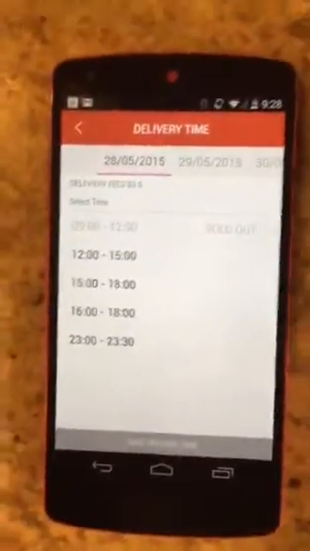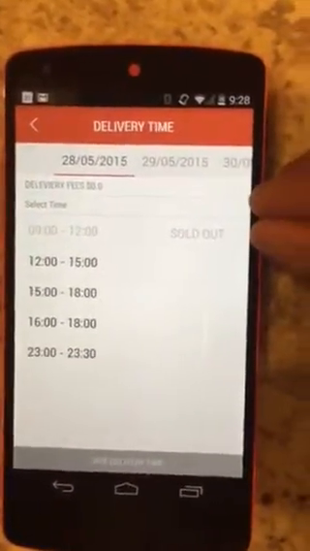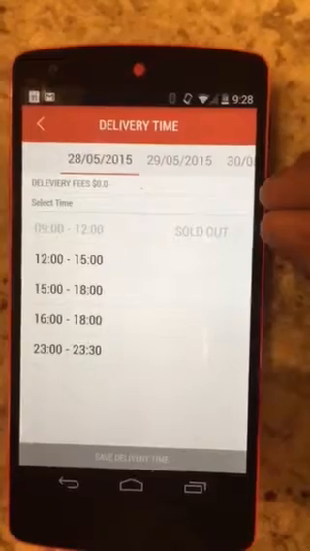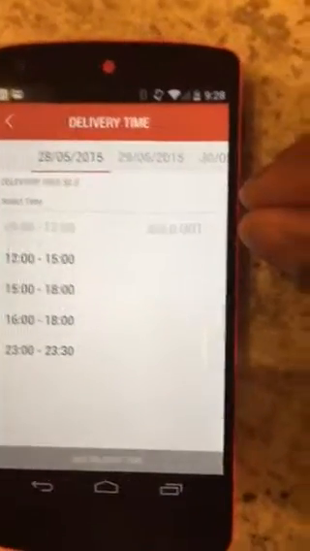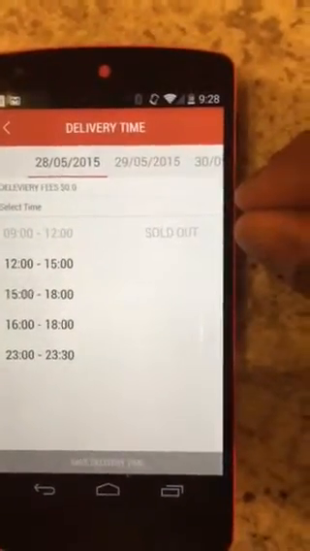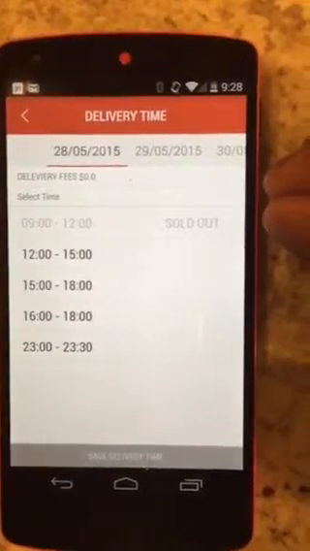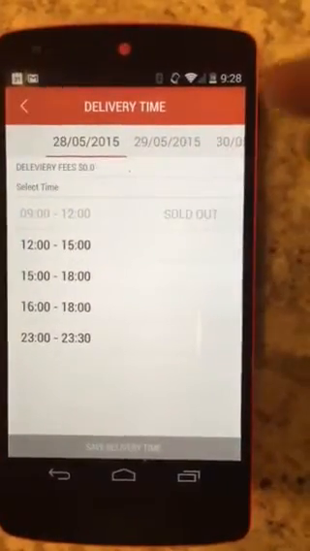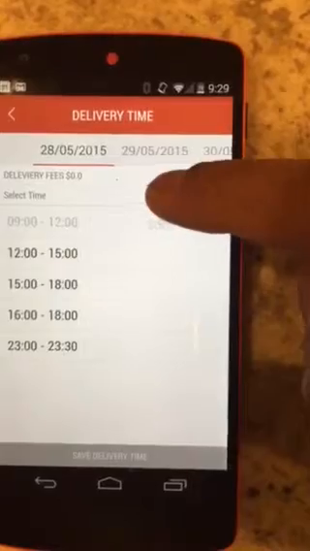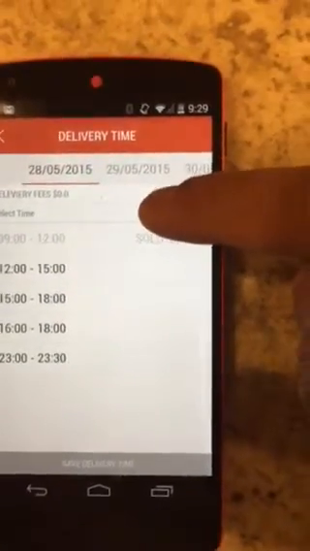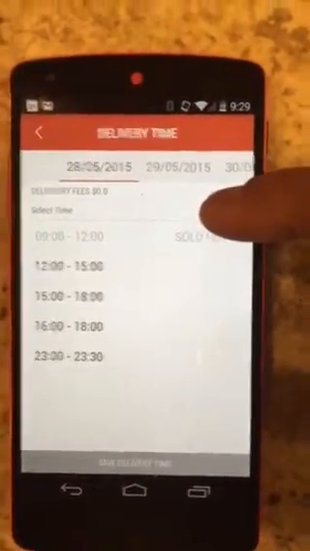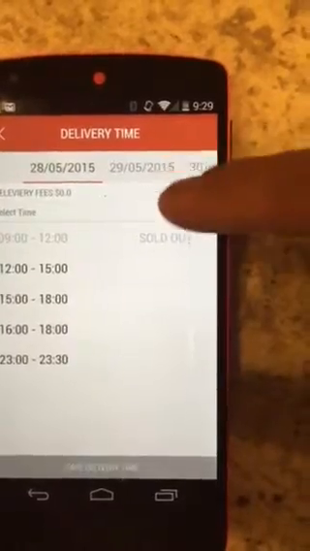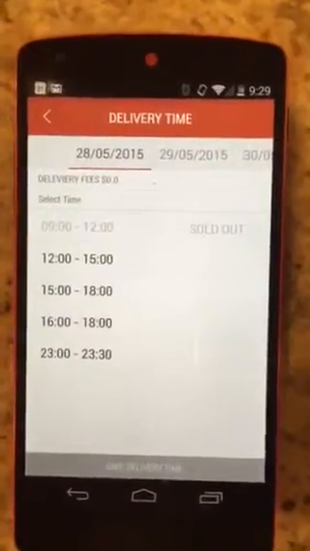So delivery time, I think last time I gave you the feedback that instead of select time, we want custom text to be displayed. So maybe a row that you can add anywhere. I can just directly update the backend, and that text should be displayed instead of the text select time. The reason we want to do that is because we want to tell the users to order before 2 p.m. for the same day delivery or something like that.